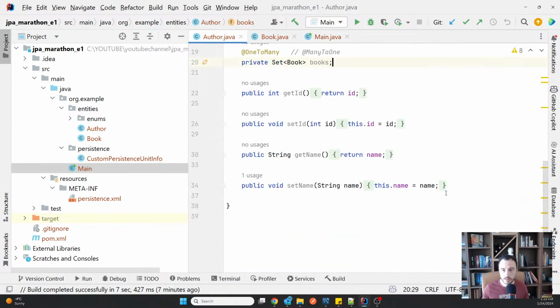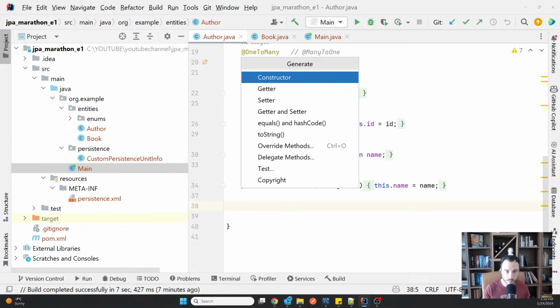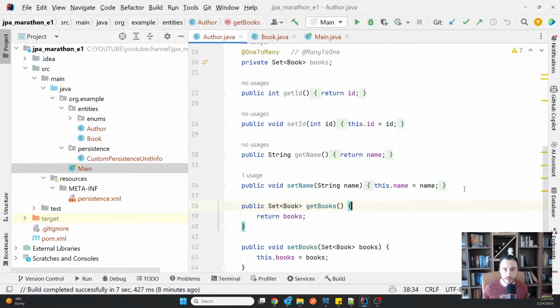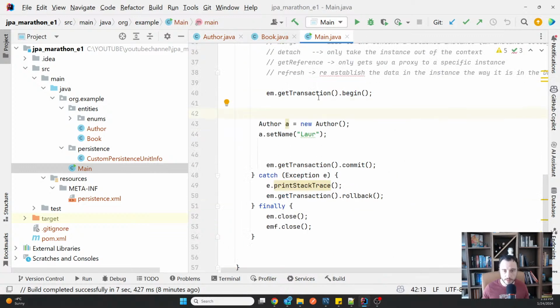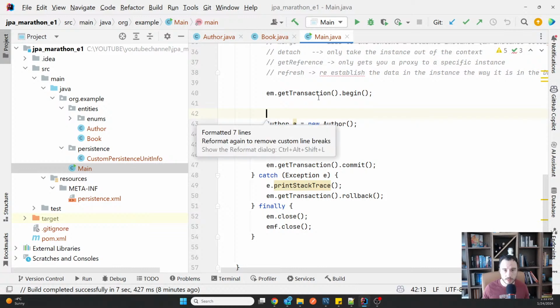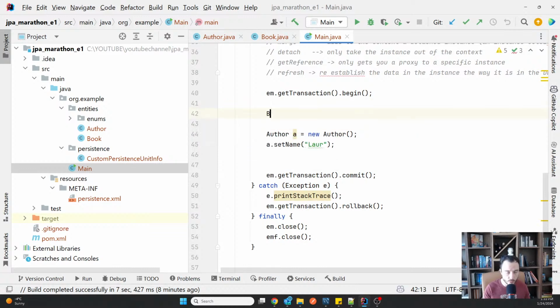We need a getter and a setter here for the set of books, and I'm going to even put the book in advance here.